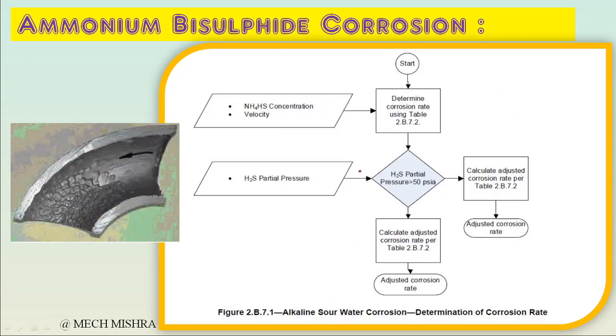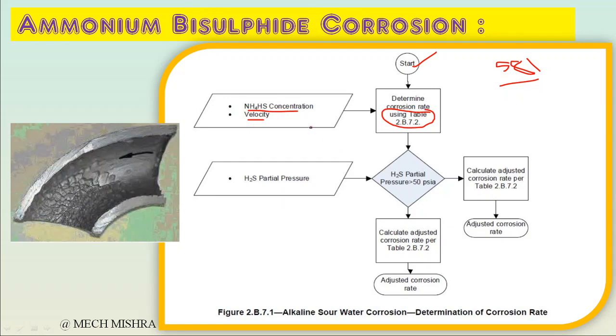Now, coming to how to predict NH4HS corrosion: what are the factors and how do we calculate the corrosion rate in our system. This table has been taken from API 581, which gives the guidelines for predicting the corrosion rate. We will go step by step. First of all we should know the NH4HS concentration and velocity. Based on NH4HS concentration and velocity, we can calculate the corrosion rate from the table